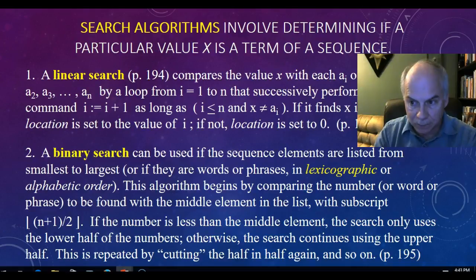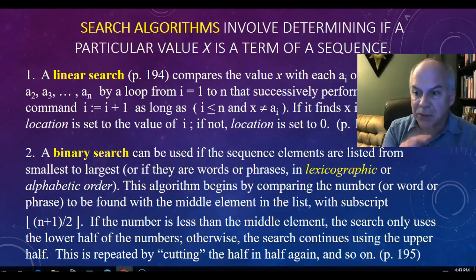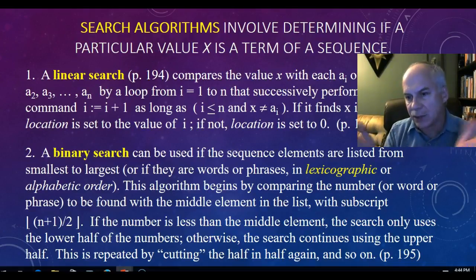Let's say there were 10 elements in the list, so n is 10. 10 plus 1 is 11, and 11 divided by 2 is 5.5. Then it does the floor function of 5.5, which brings it down to 5. So the subscript would be 5, the fifth element would be the middle element in the list. It's rounding down, so if it had 10 elements, there's no true middle number, but it chooses the